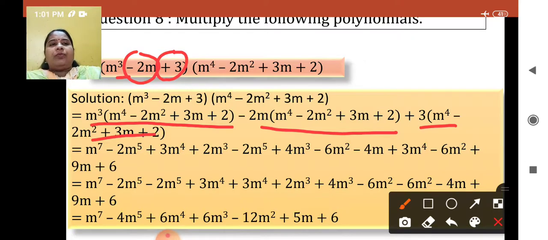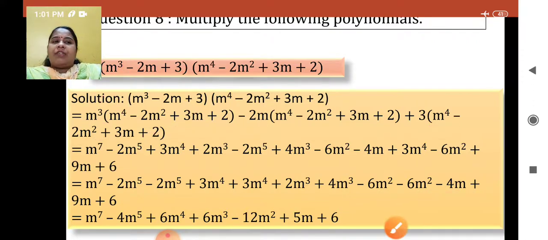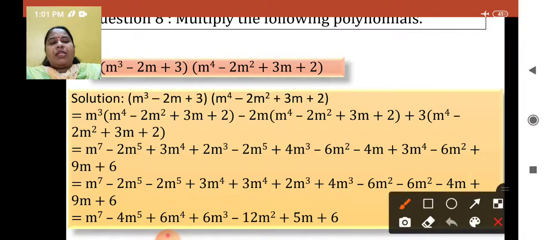I hope you have understood it. Now, when we are multiplying this, m cube into m raised to 4, each term is to be multiplied. M cube with m4, m cube with 2m square, m cube with 3m and m cube with 2, along with the sign. So this is minus 2m square. When we multiply this, the common mistake is that many will immediately write m cube into m raised to 4 as m raised to 12. 3 4s is 12. So that is wrong.